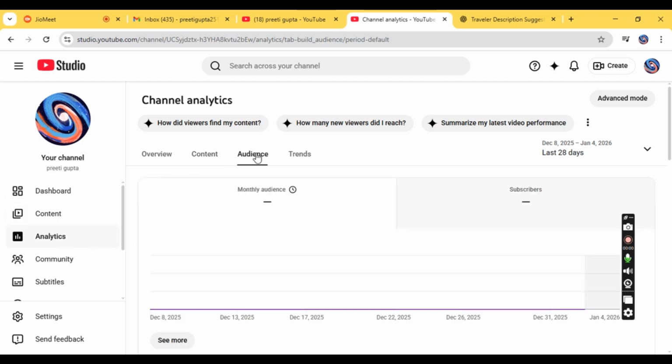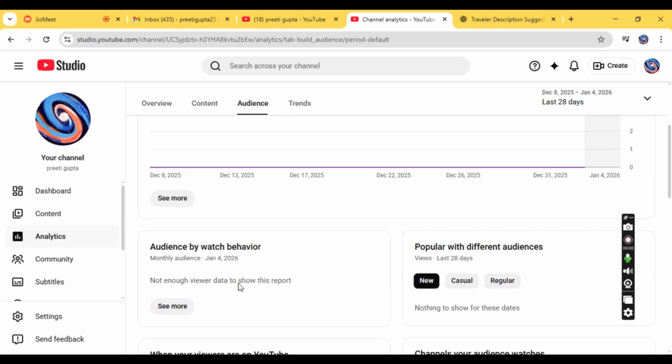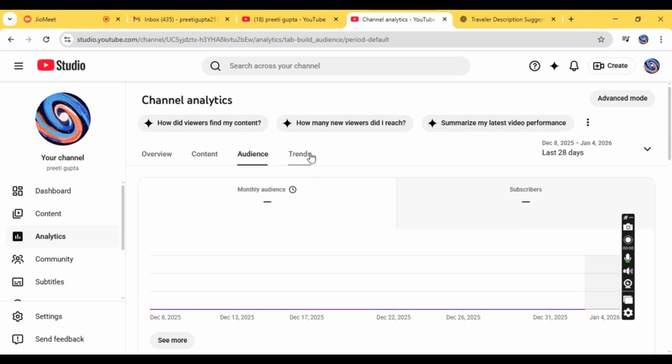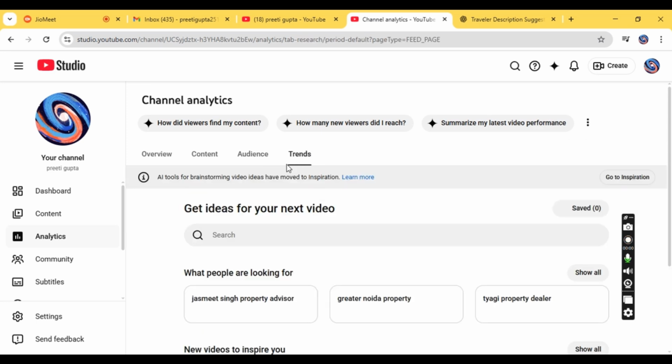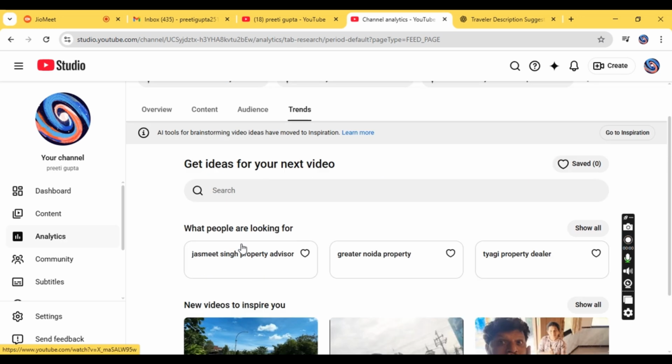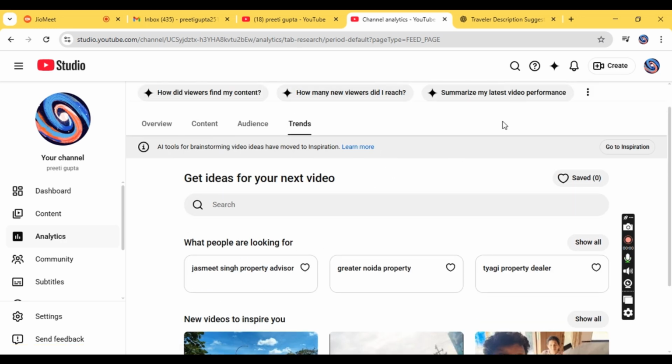Now we can move on to the audience, how many audience have seen my channel. So we can see here, and then there is the trend. Here we are getting some trending options, like some arrows. The trend shows whether your channel is going upside or downside.